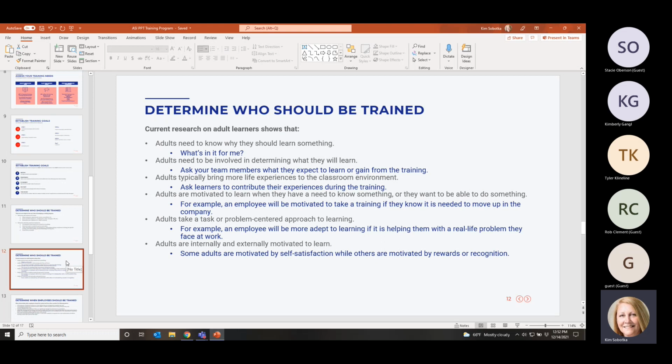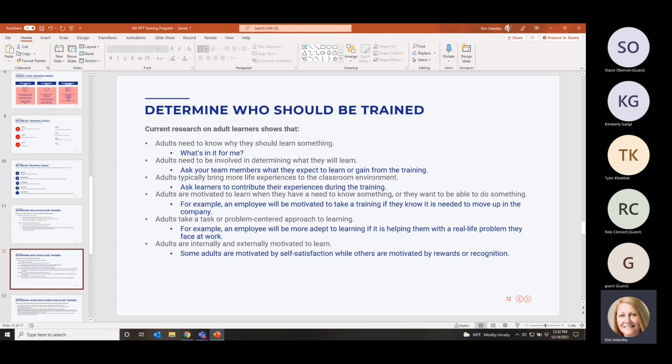I stressed on the last slide, remember that you're adults, and adult learners are different. They need to know why they have to learn this. They have to learn it because management or your HR team is trying to create a positive food safety culture and make sure that all employees feel valued and understand what the goals of the company are, and they're a part of that.